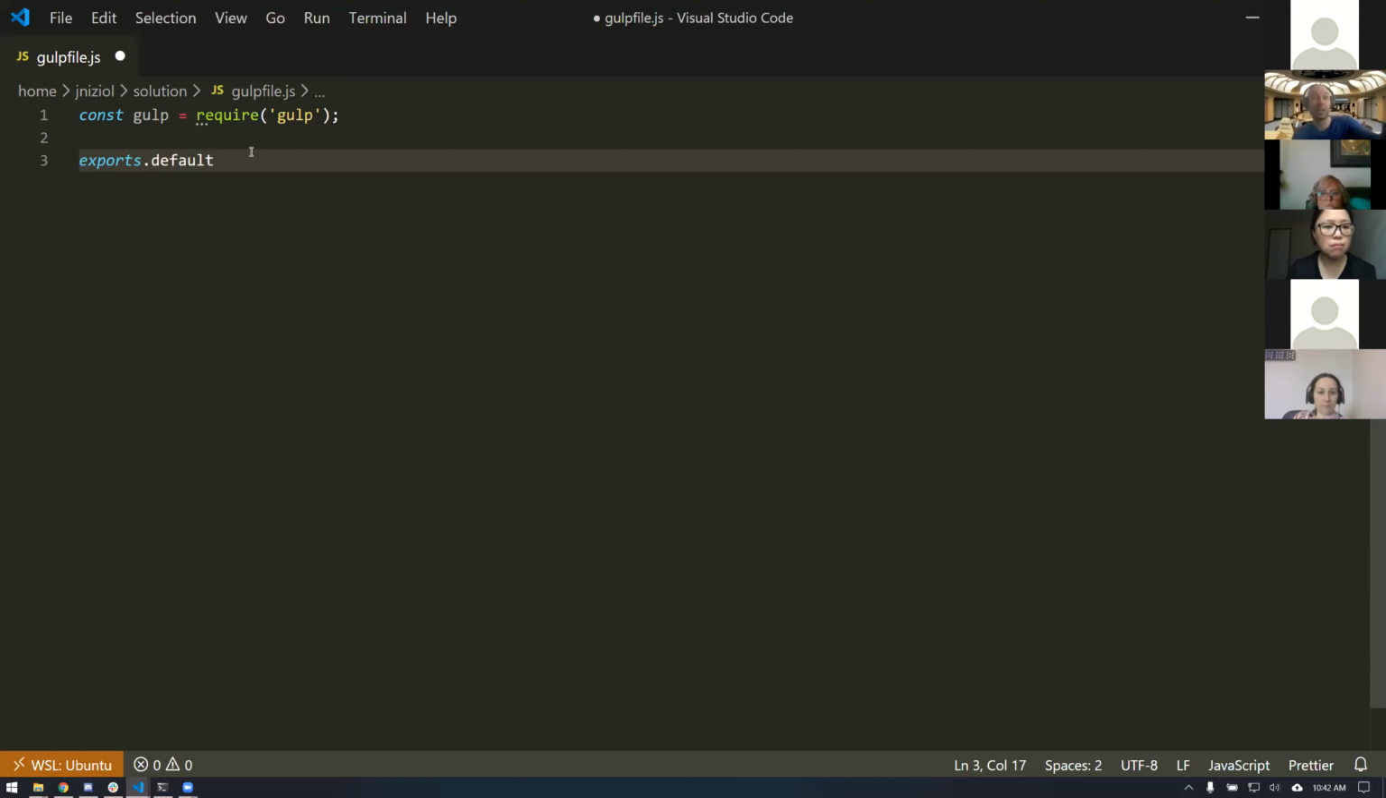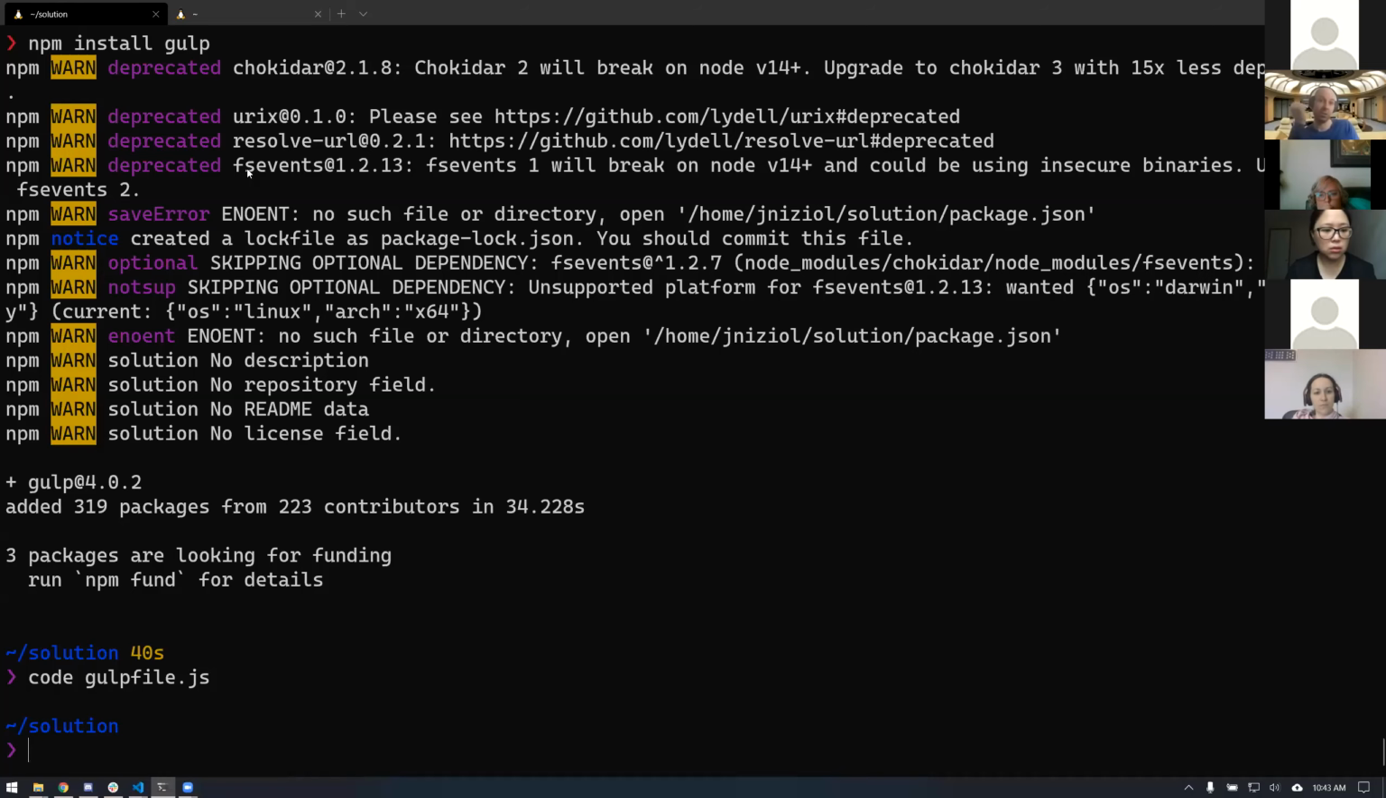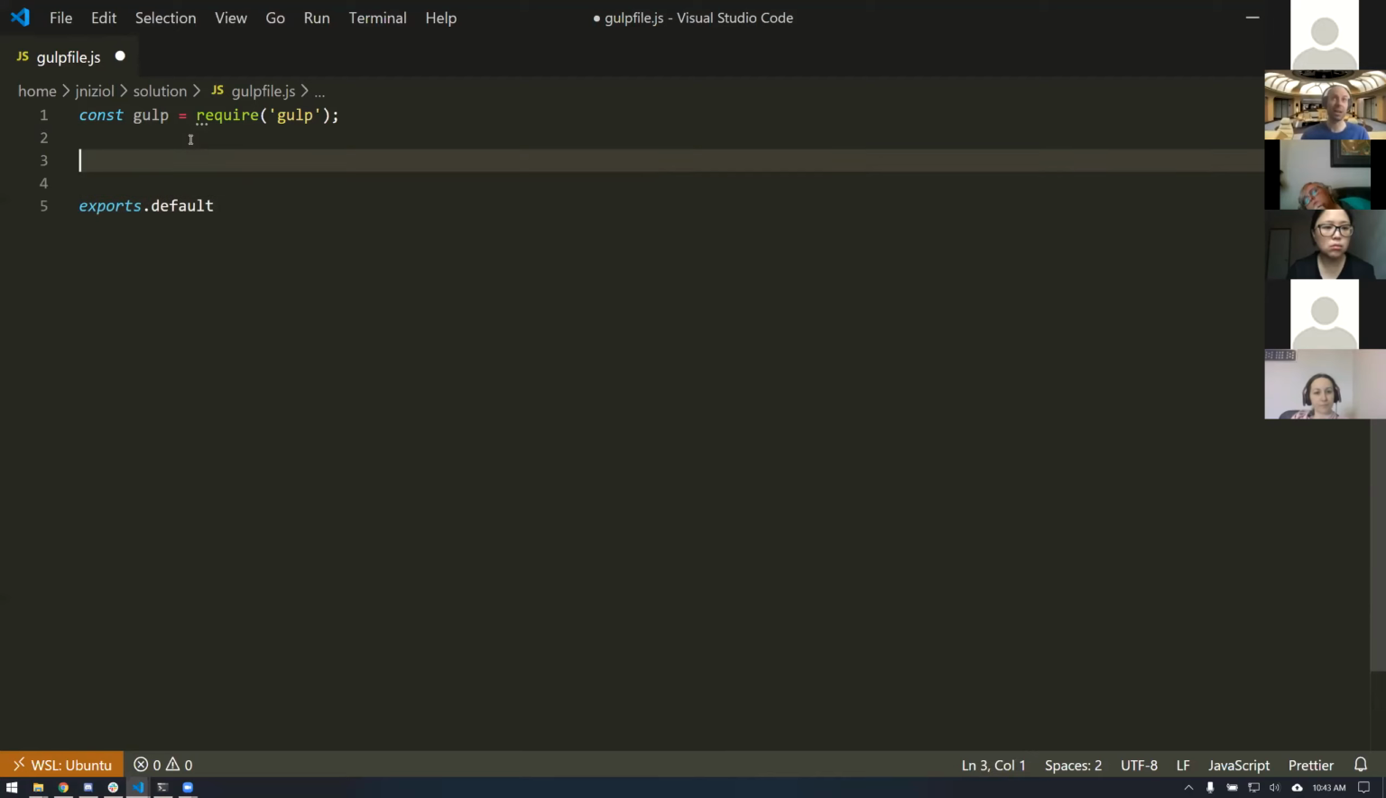Now we're also doing exports default because we're exporting our goods so that way we can access it from the command line, because we're going to do gulp minify if we wanted to, right? If we wanted to export our minify function, which we are going to write right now, function minify